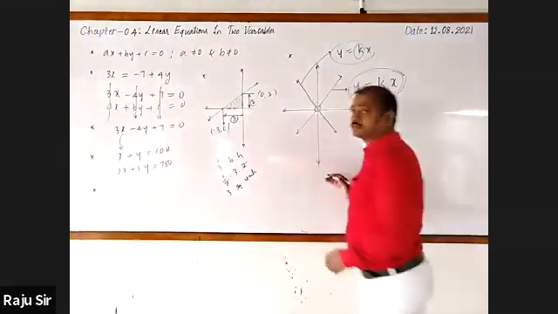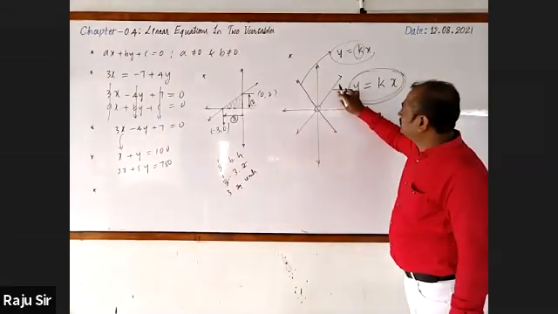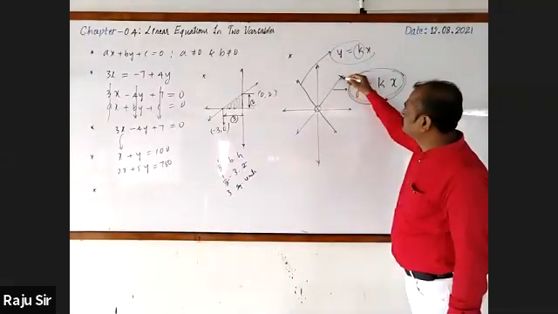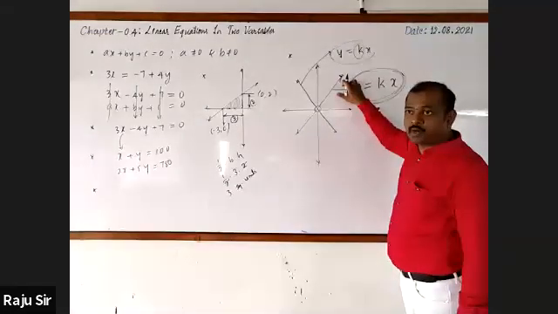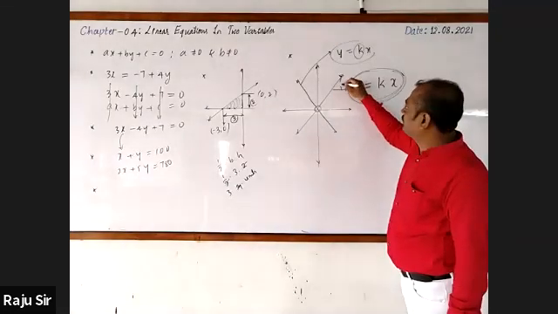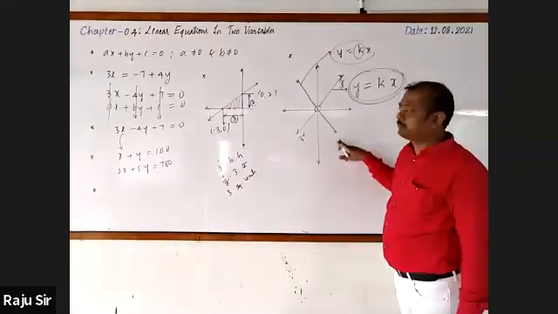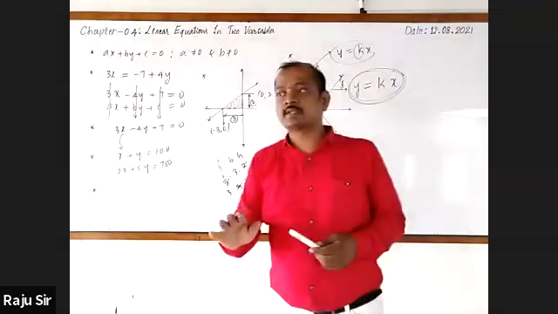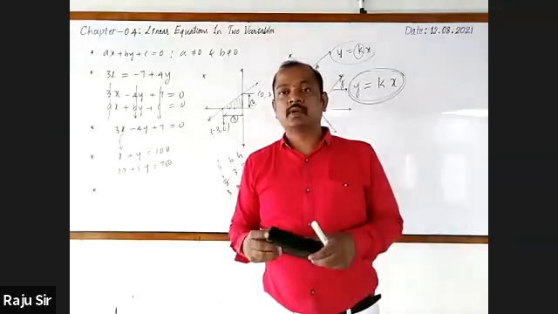Then come across this one. The graph of y equal to constant into x passes through the quadrants: first and third, with respect to positive k, and second and fourth, with respect to negative k. I think this much was discussed in the last class, right? Yes, sir. Let's go on continuing.